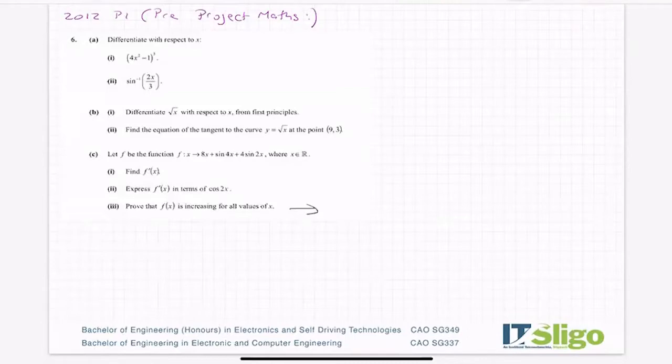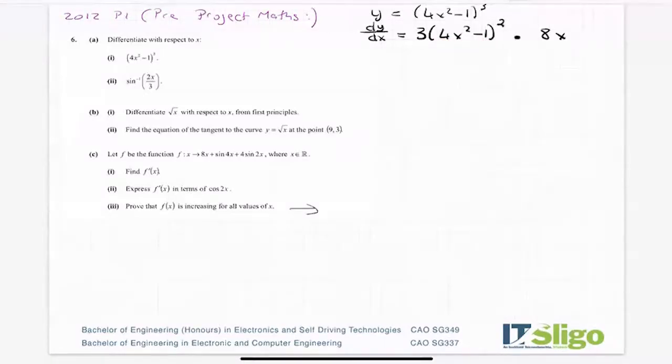Okay. So y is equal to 4x squared minus 1 cubed. So it's a relatively straightforward chain rule. So take down the power, reduce the power by 1, and then you must multiply it by the inner function differentiated. So 2 4s are 8x. Okay, so